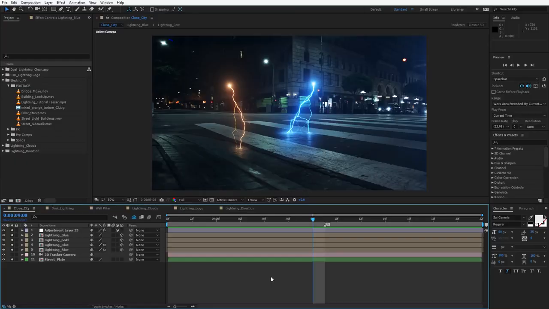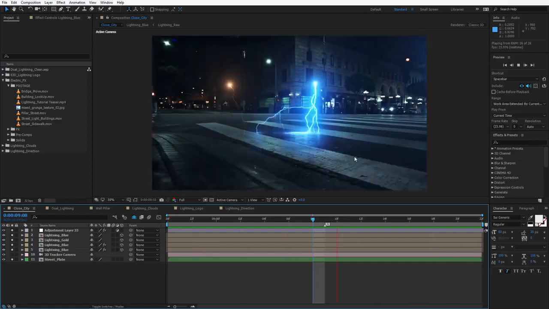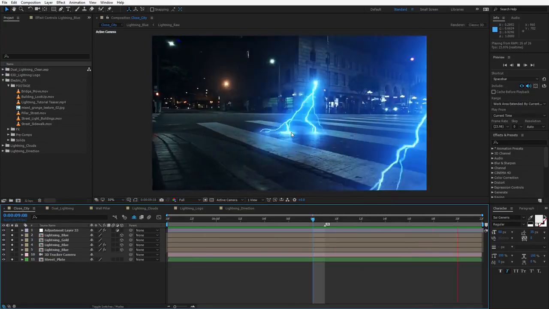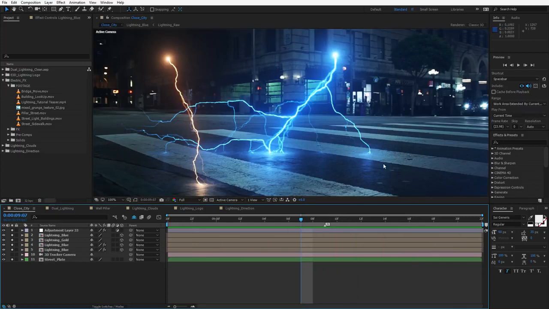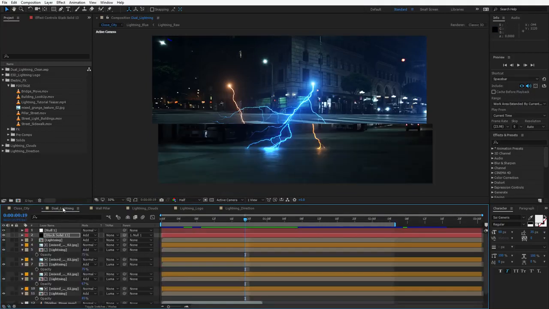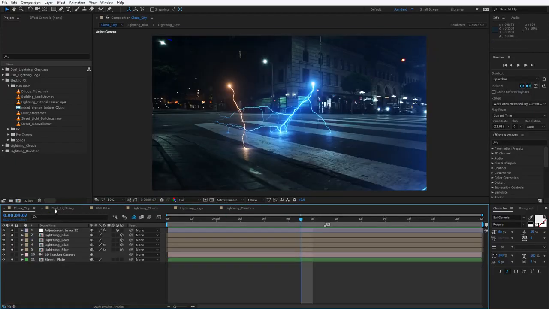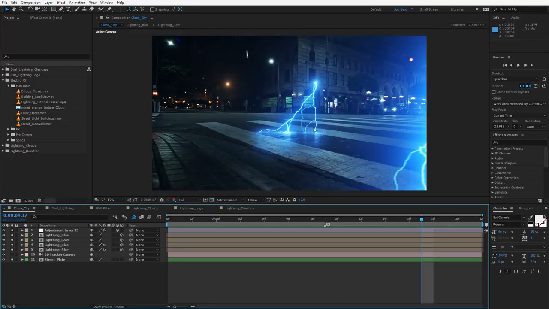All right, so there's a lot of cool things we're going to be exploring and a lot of different techniques that we're going to be combining together. So let's go and take a look at a few of the different setups. So here I have an example where the lightning is reflecting off of the surface, and each time it touches the ground, it's creating sort of an interactive contact point. So we're going to take a look at setting up the look of the lightning, and we're also going to be taking a look at tips to make the lightning look more organic and integrated and create a really nice soft glow. And the cool thing about this is that it's dynamic, so we don't have to custom draw any